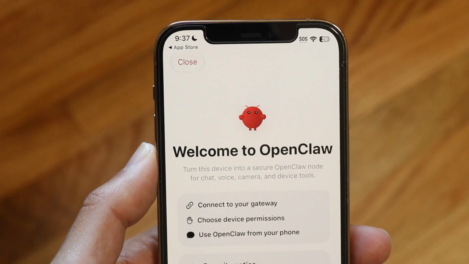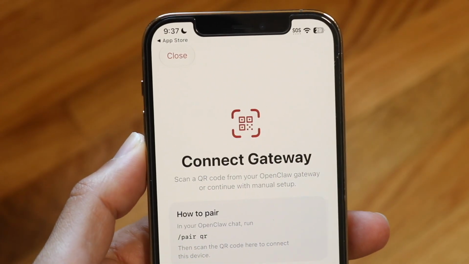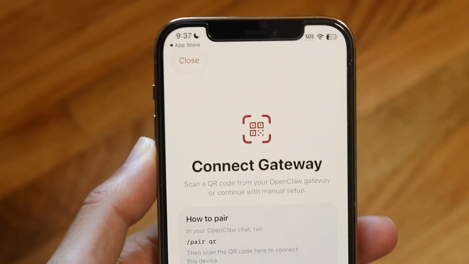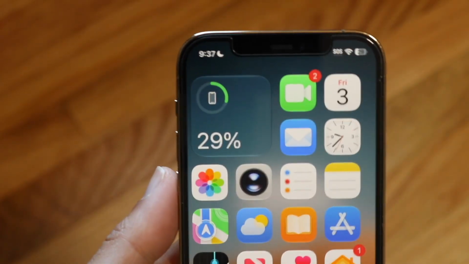So from here, you can go through and connect to your gateway. You can click on continue, and then you can connect to your gateway. And from here, you'll be able to go through and use your OpenClaw environment inside of your iPhone or